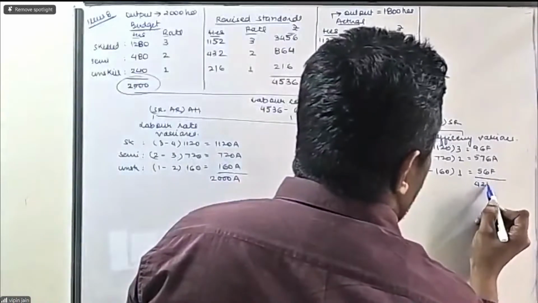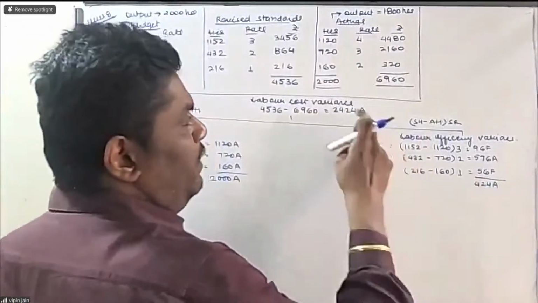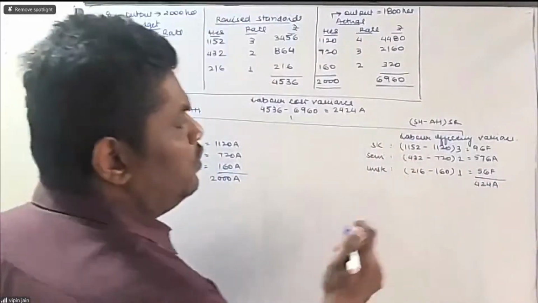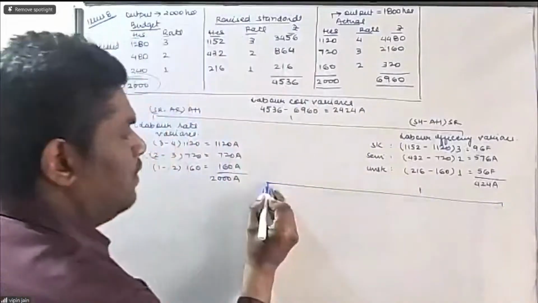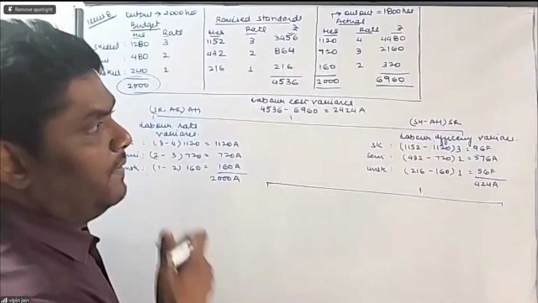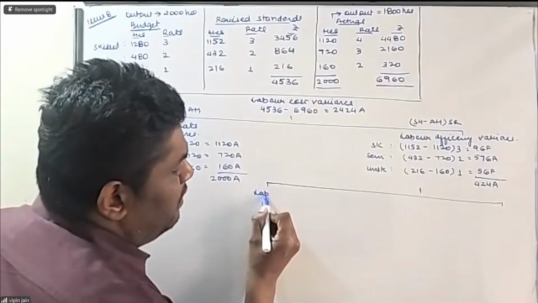So this will be 424 adverse. 2000 adverse, 424 adverse, the total will be 2424. Now next is labor